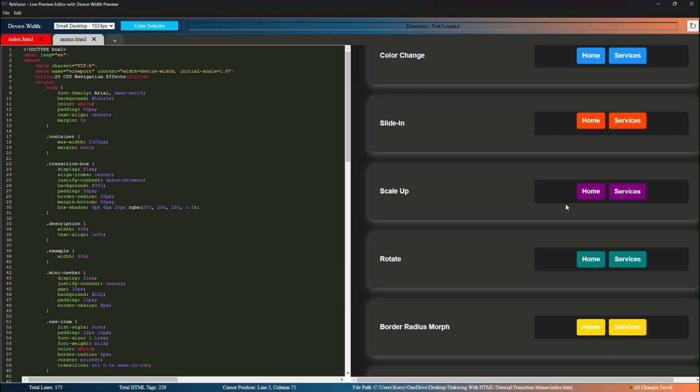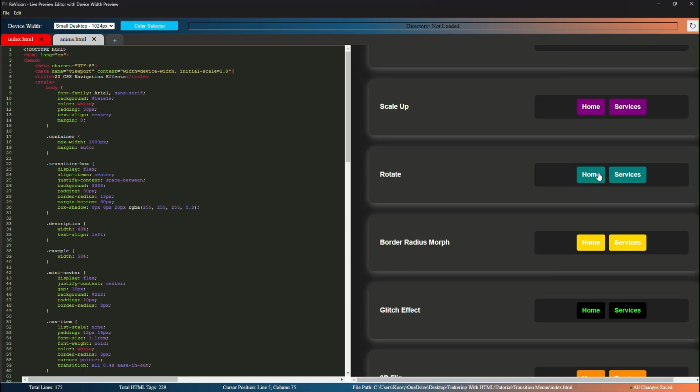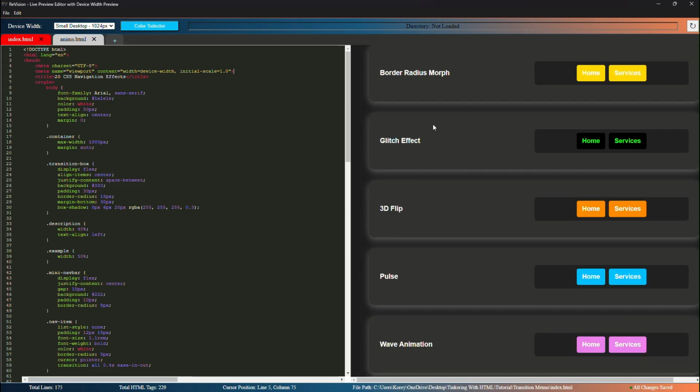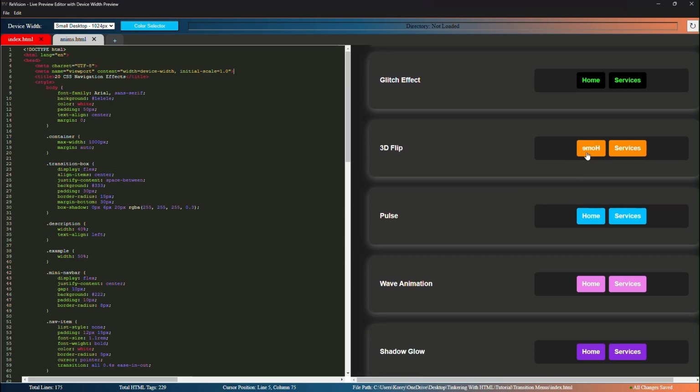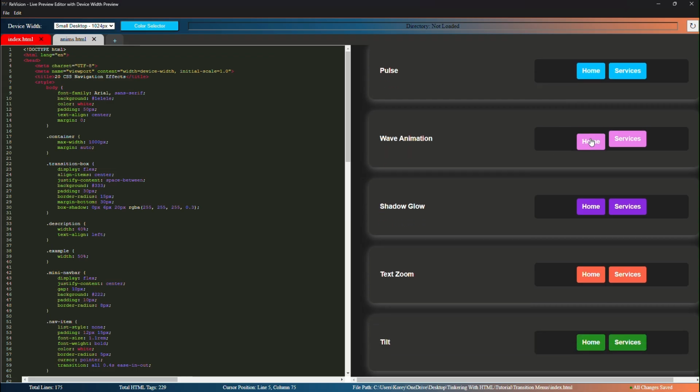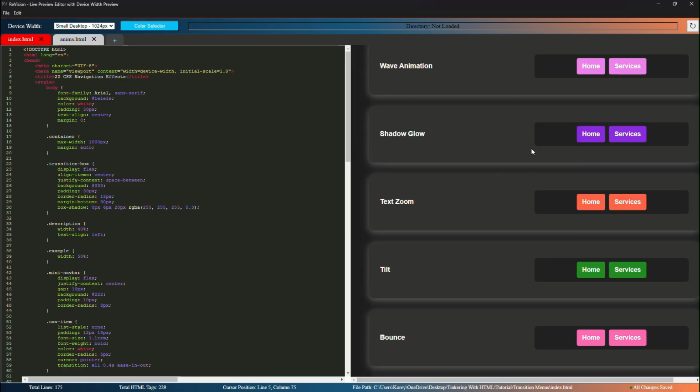Scale up, rotate, border radius morph. That one's an easy one. I actually did that one in high school with my first website stuff. Glitch effect, 3D flip, pulse, wave animation, little shadow glow,